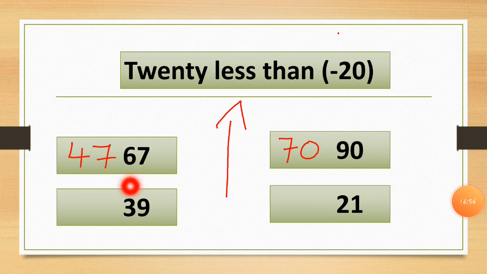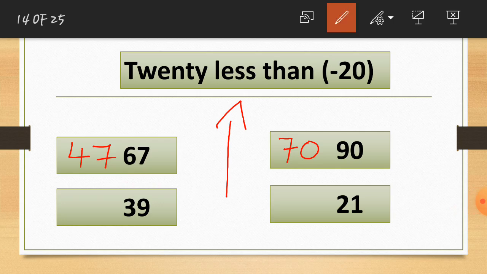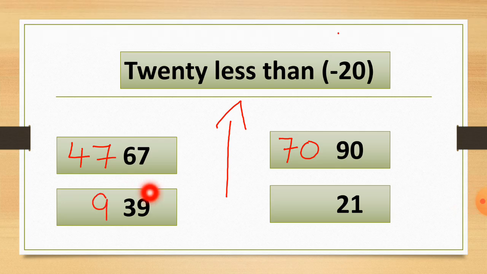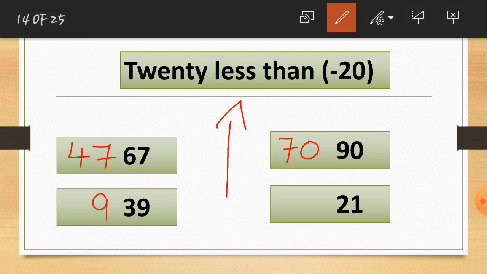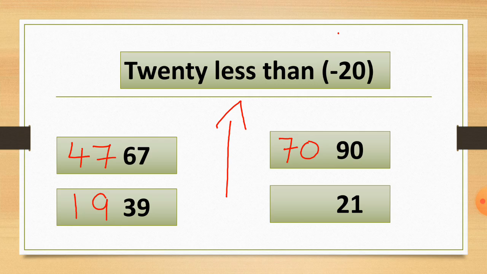Next example, here is the number 39. So as I told you, write down the ones value as it is. I write down 9 as it is because 9 is the ones value. You can see this. Here in the 39, this 9 is the ones value. So I write this 9 as it is here. Now we have to cut 2 from this 3. So 3 minus 2 is equal to 1. So I write 1 here. You can see, so here we get the answer 19. If you cut 20 from 39, you will get 19 as an answer.